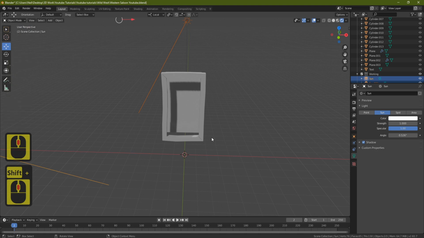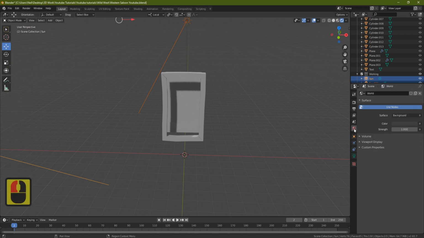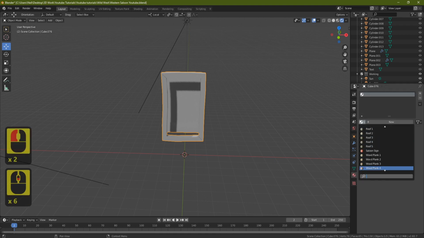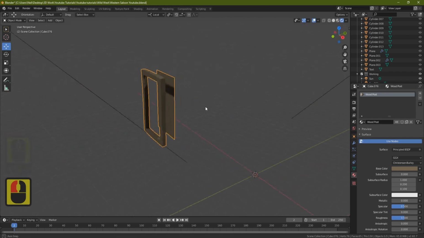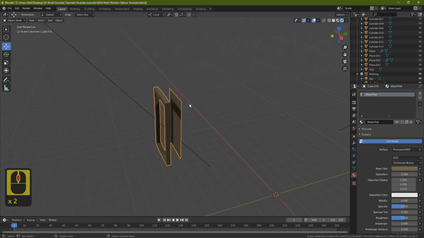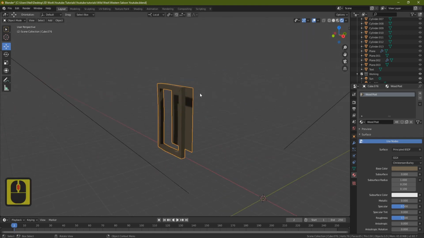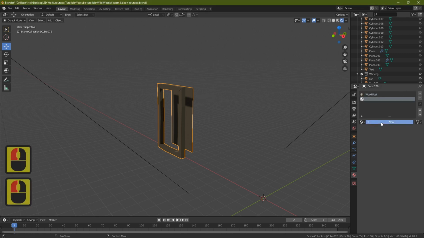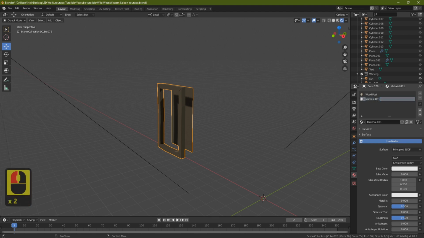Okay, so let's bring in material, and of course we're going to need some glass as well. Let's actually click on it, bring in our materials, and wooden post. And that's the one we're going to use for these. Of course our shutters will be a different color. And let's also make our window material. So let's click new, and let's call this window,